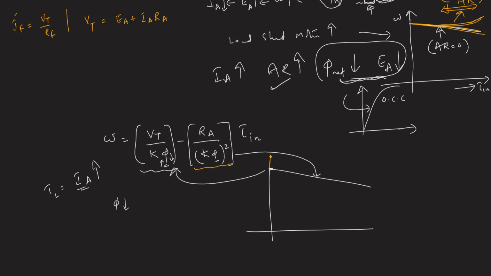And what about the slope? The denominator value is reduced by a square factor, so the slope is again steeper. So the new characteristics, if I vary the torque again from 0 to maximum torque with a reduced flux, would be this, with a higher intercept and a higher slope. This is what we are going to discuss in speed control.